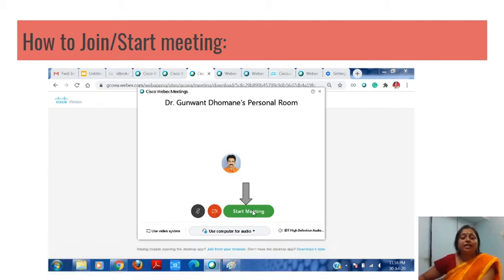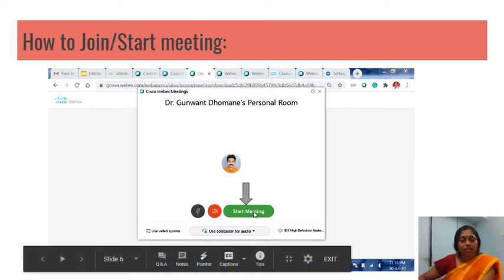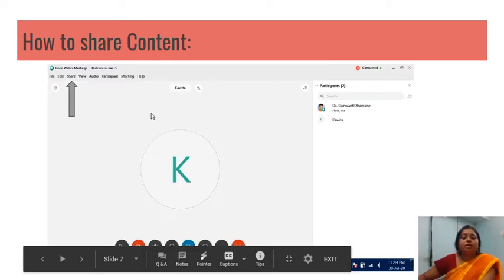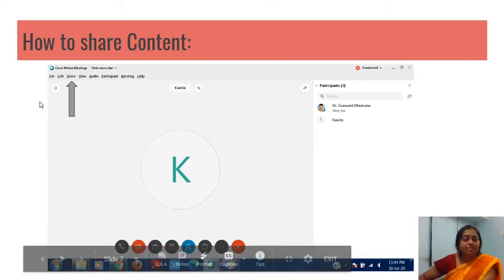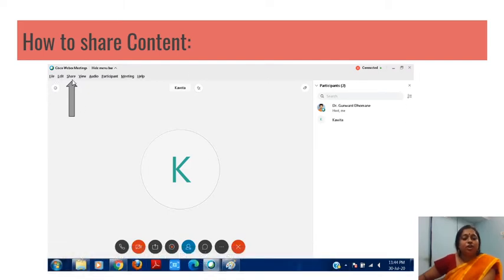After starting the meeting, if you are delivering a lecture, you need to share the content. After going into the personal room and starting the meeting, you can see a window like this. In that, the third option is share. In share we have many options: share a content, share a screen, share a whiteboard.